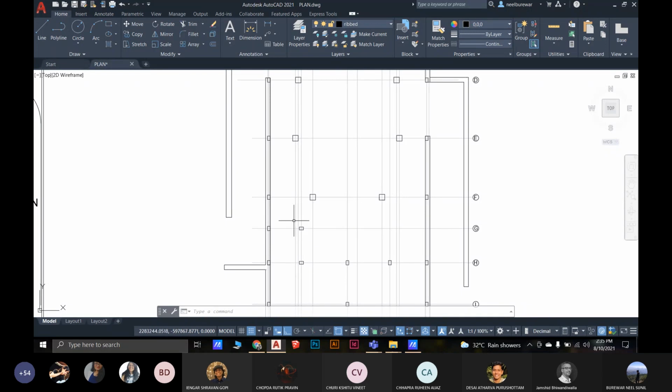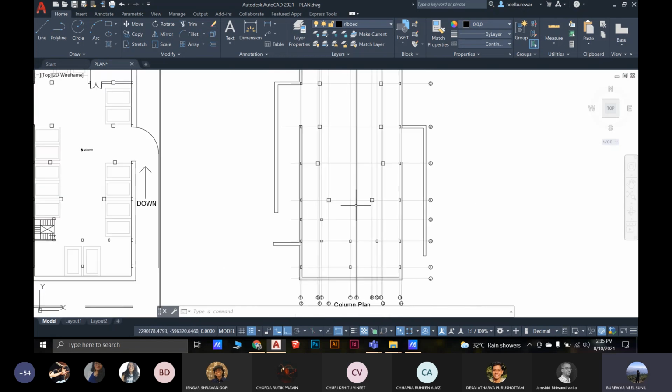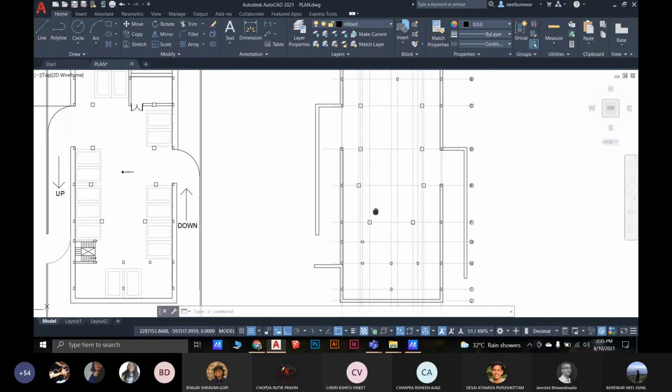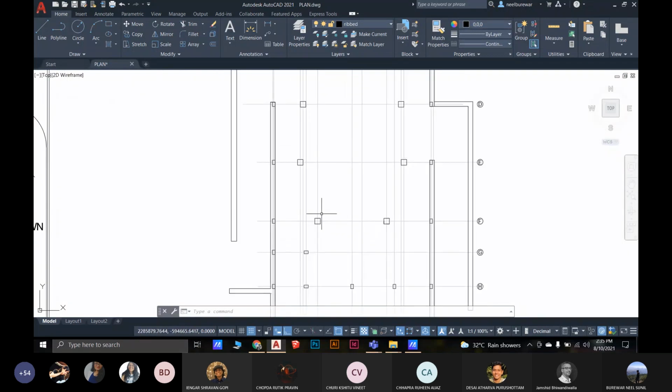No retaining wall is ever thicker than the column. If any column comes and meets the retaining wall, the column will always project out from the retaining wall. Please be clear about this. Retaining walls are not thicker than 150 mm, especially small retaining walls. And this 4 meters, I don't think it is an issue.